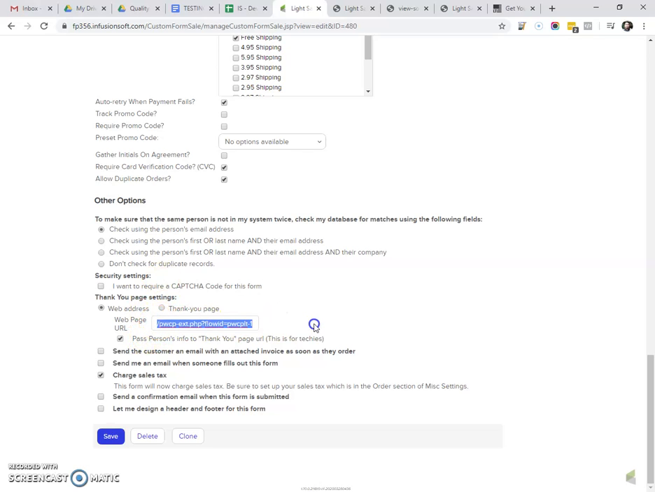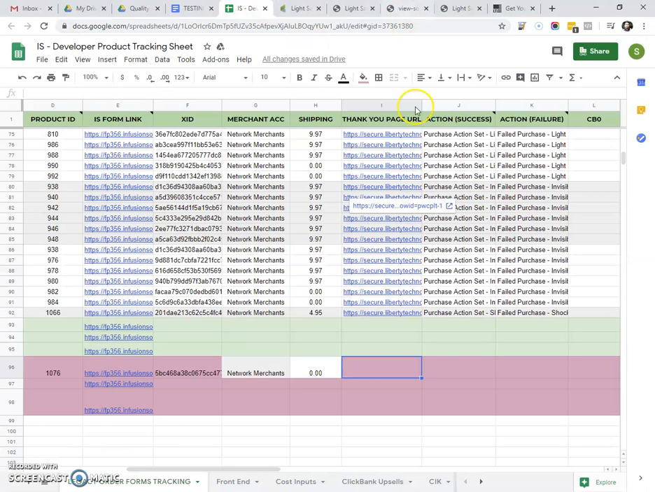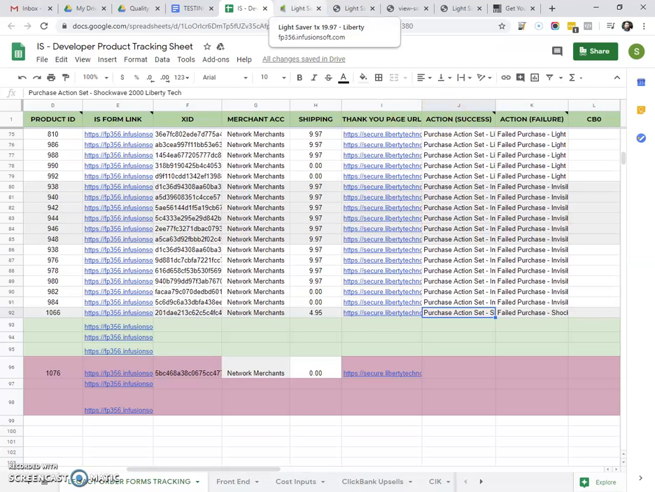So this is the web page URL. You need to just copy this one and make sure that it is added here. Right? So purchase action set. For action success, you can check that actually from here. Also